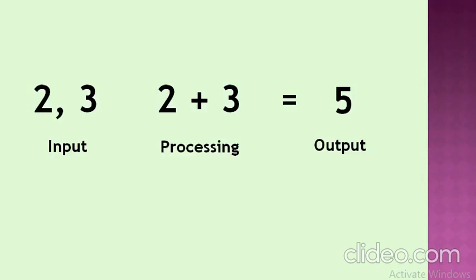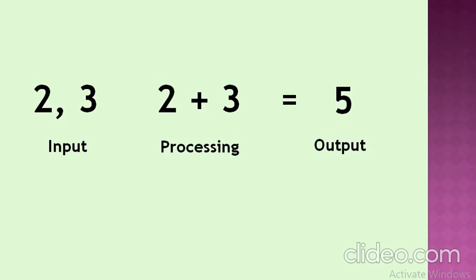Children, as we all know, a computer or electronic machine is very smart and it can also perform calculations. Calculation means addition of numbers, subtraction of numbers, multiplication of numbers, division of numbers, and many other such mathematical operations on numbers. Similarly, we are going to take one example here to learn how a computer functions. Here we want to add two numbers, that is 2 and 3.